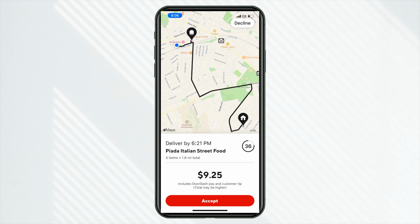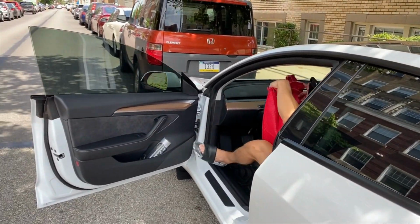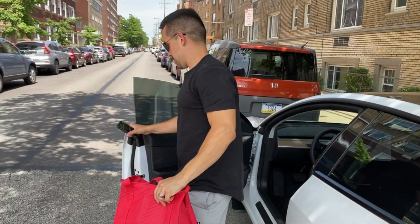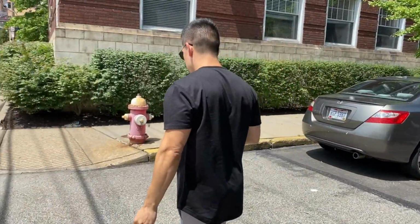So Piata Italian street food, which is fantastic, by the way, here in Pittsburgh, for $9.25 for just 1.8 miles. Stellar on the dollars to mile ratio. How much am I getting paid for the miles driven? And check out the dollars to time ratio. How much time is this going to take? It's delivering by 6:21, current time 6:06. So knowing that, generally you want to complete at least 2 deliveries per hour. Now, obviously, if you can do 3 or sometimes even 4 deliveries per hour,